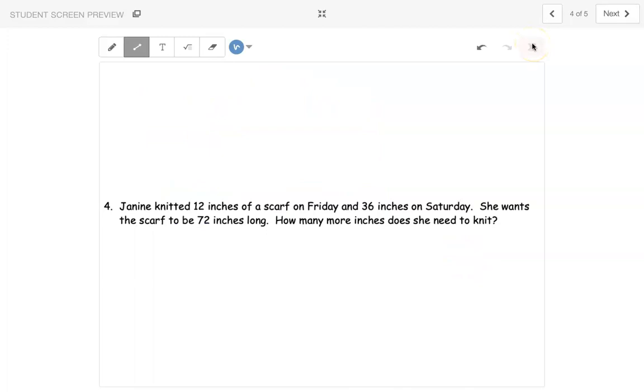So let's read our problem. Janine knitted 12 inches of a scarf on Friday and 36 inches on Saturday. She wants the scarf to be 72 inches long. How many more inches does she need to knit? We're going to look at our problem and make sure that the units are the same. I see 12 inches, 36 inches, and 72 inches, and how many more inches? So my unit is the same. I don't have to convert anything. Let's start drawing our tape diagram. Janine knitted 12 inches